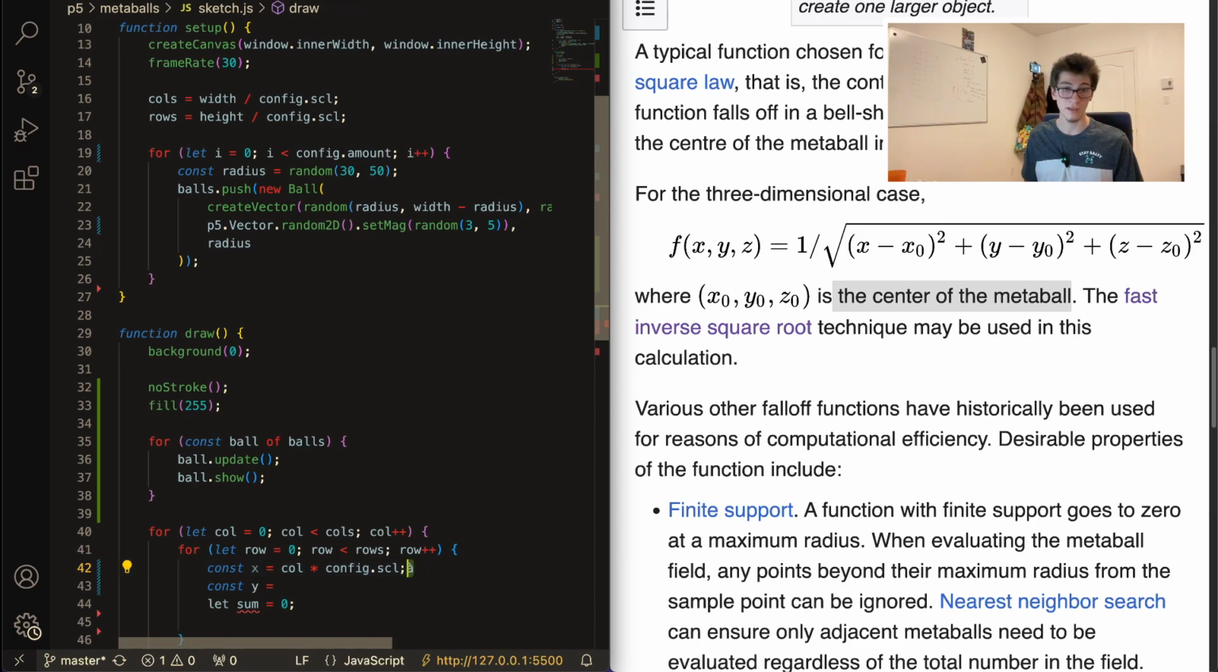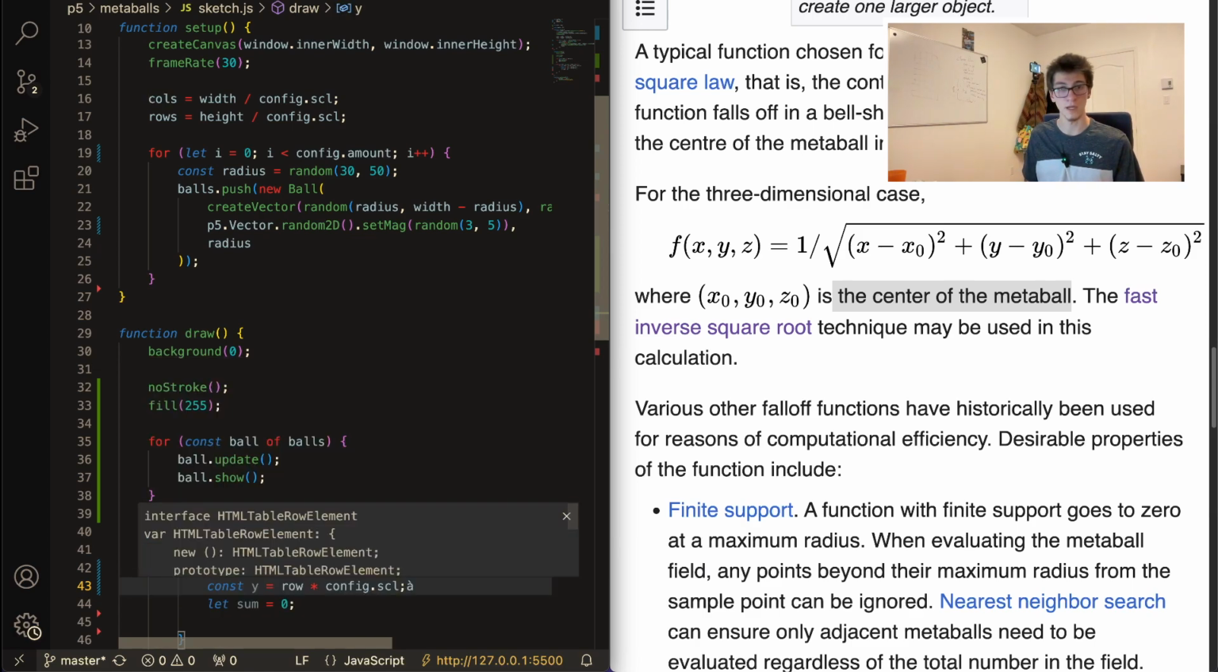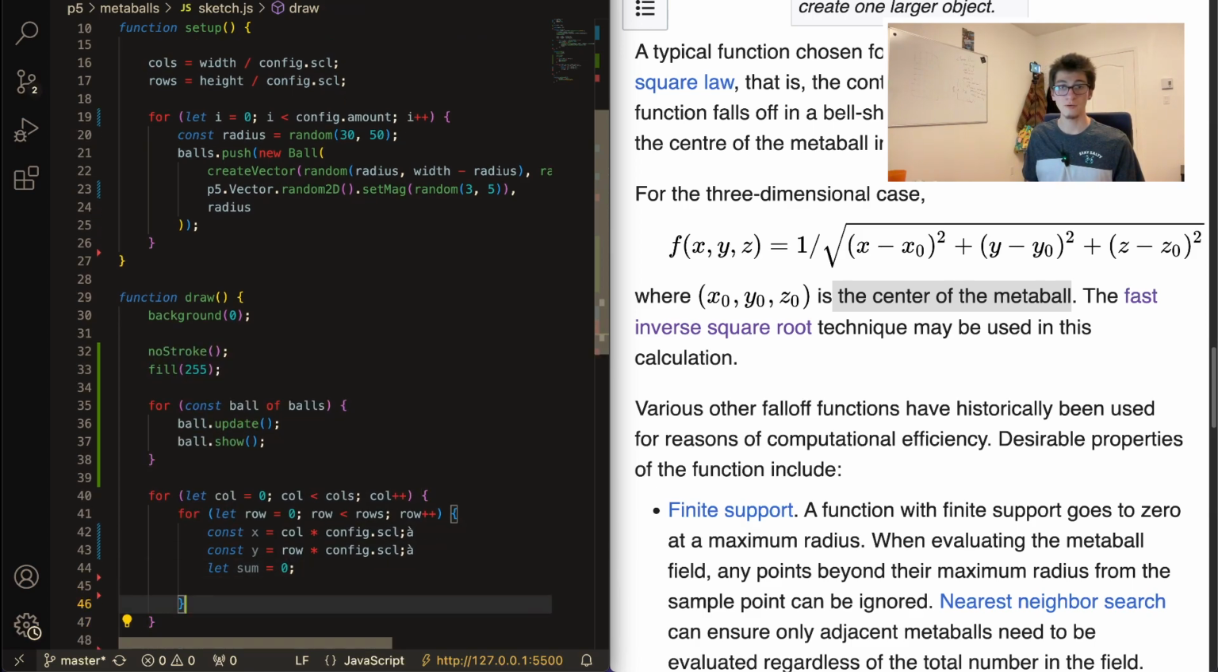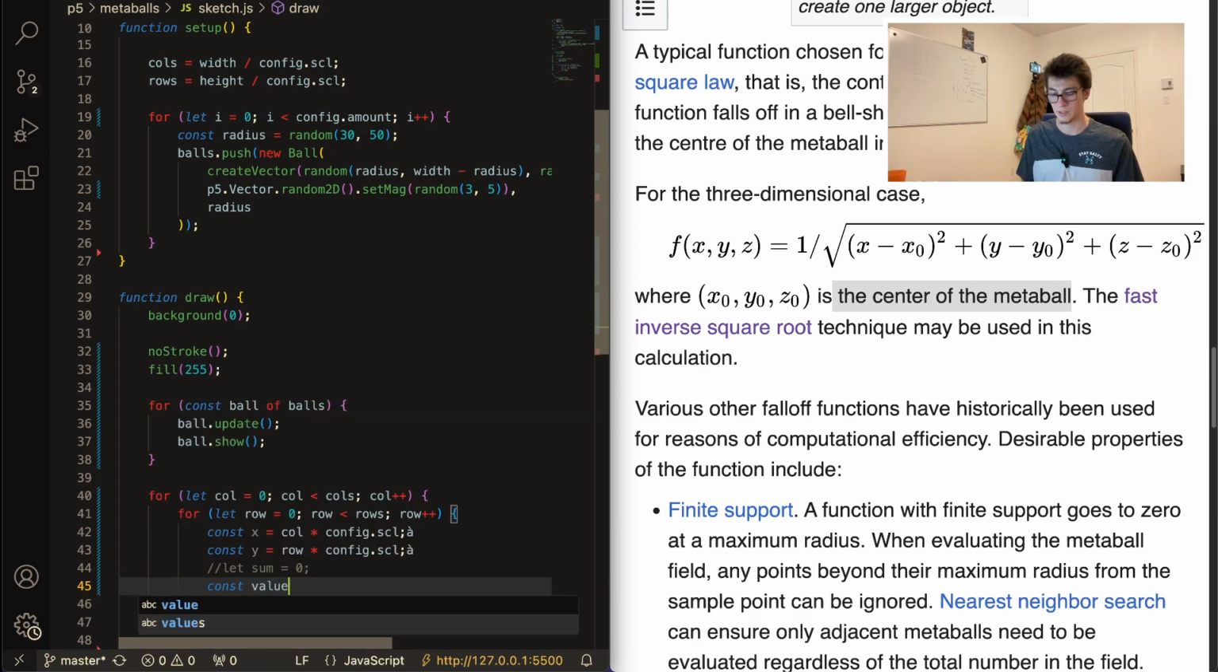And same thing for the y, though it's going to be the rows. The current row, sorry. Row. There you go. Awesome. So now the sum, we're going to use the sum. Well, let me just do it for one of them, right? So let me do let or const value is equal to